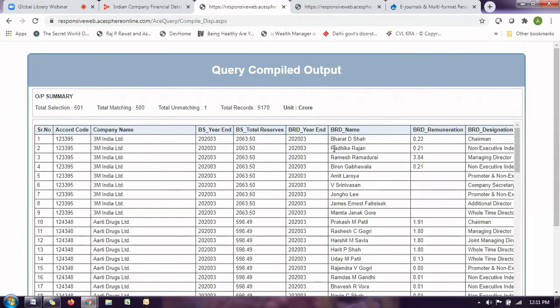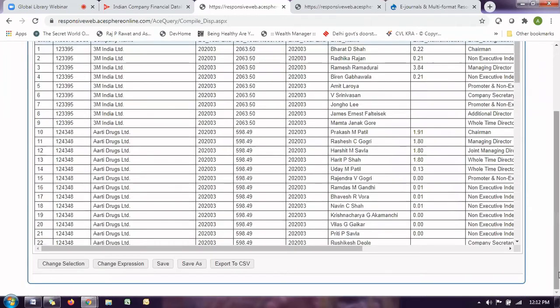They can be run separately for each company.